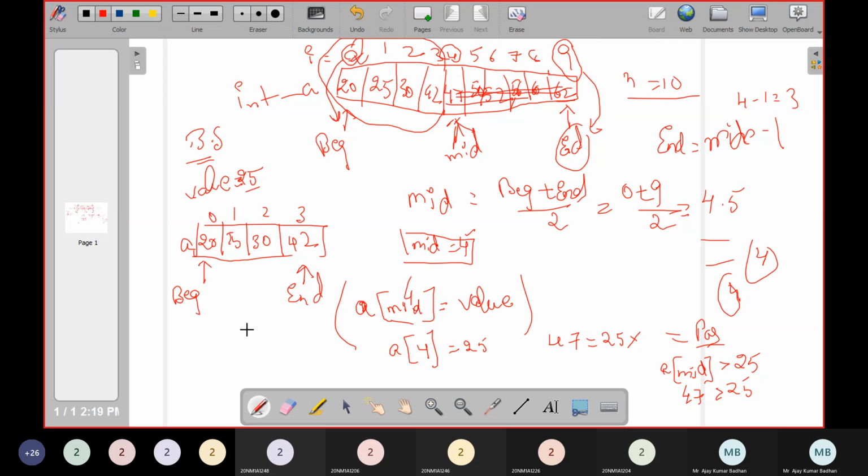Again, the same process we are repeating here. This time 0 plus 3 by 2. Again, I need to find the middle term. So this is 1.5. Now this 1 will become the middle element in this particular case. Since we have represented this as an integer data type, the .5 will be eliminated. Only 1 will be taken here. So 1 is this. And now again we will be checking the condition whether A of mid is equal